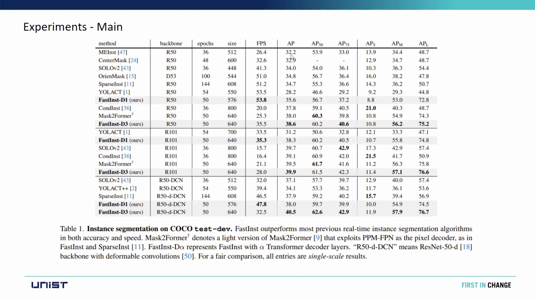pass these methods in terms of AP, but we can't pass Mask2Former and FastInst. But compared to them, their FPS is very low. Our FPS is much higher, and it's actually highest among these methods. And then we